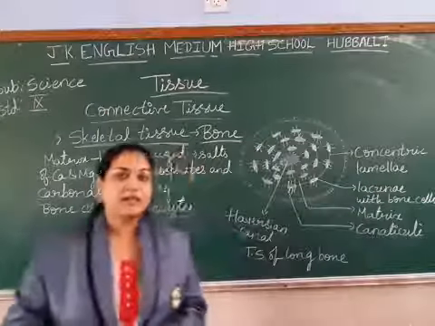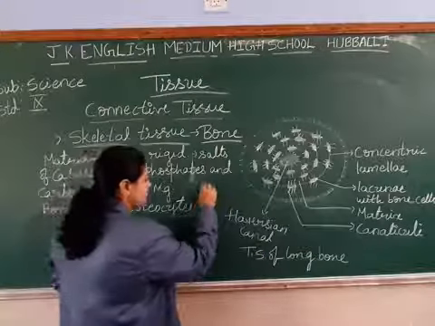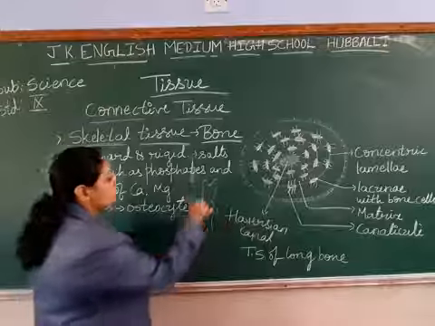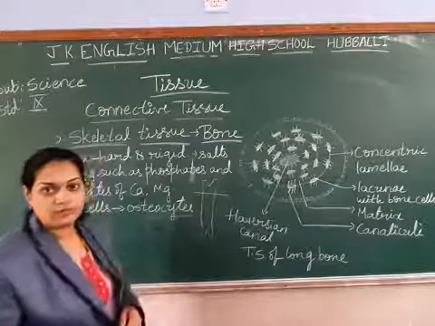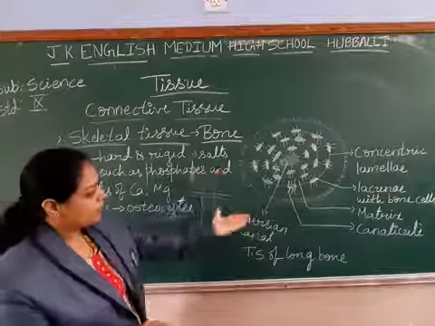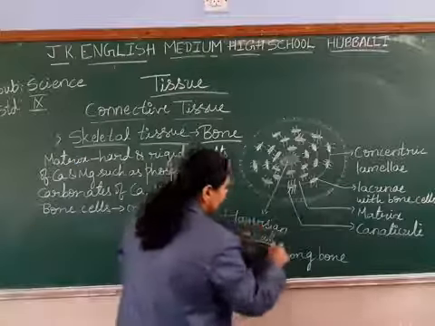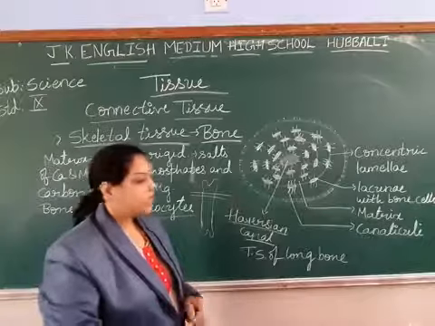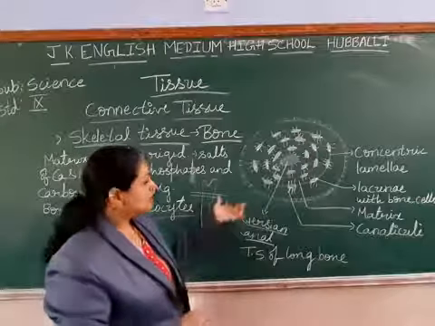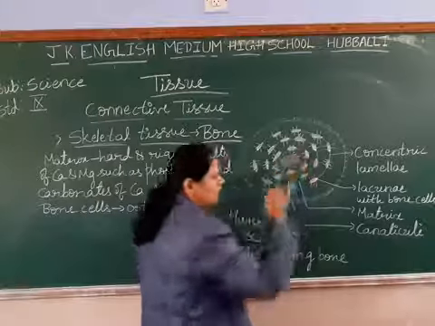And if you take the transverse section of a long bone, this is the structure of bone. Just to know this structure, we have taken the transverse section and you are observing it under the microscope. If you observe, it looks like this. So this is called the Haversian canal or Haversian system. This is one arm made, students. Like this again it will continue. So this is called the Haversian system, and this is called the Haversian canal.